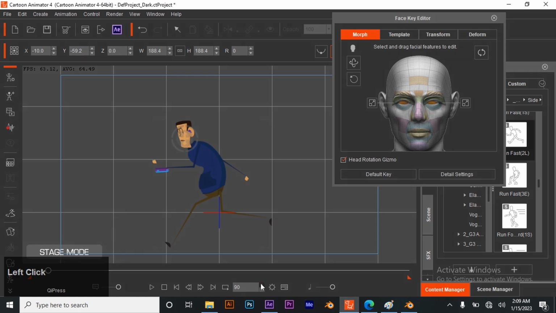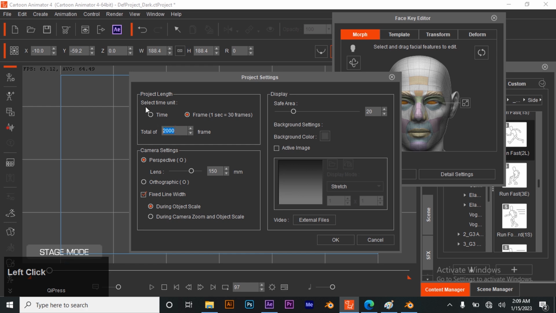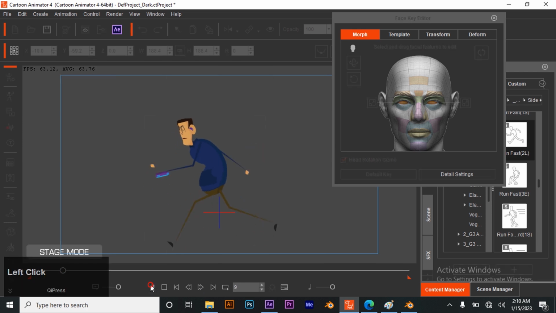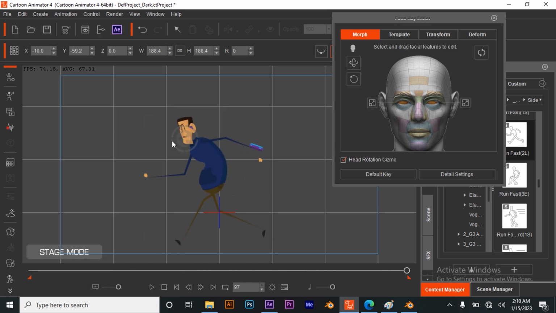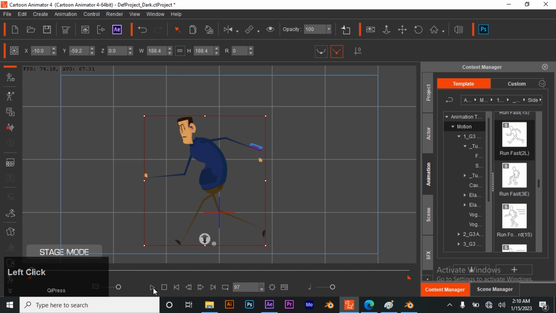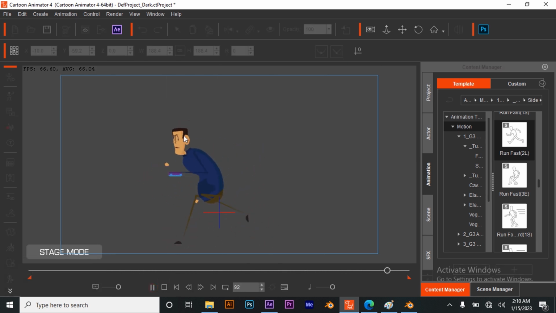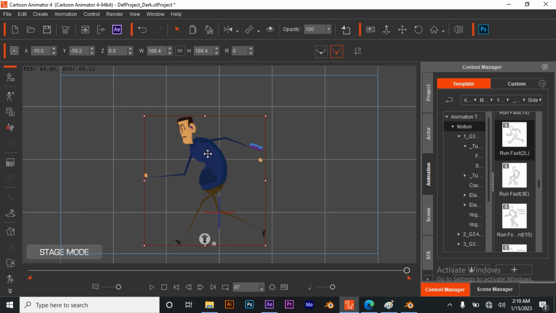So I'm just going to locate the last keyframe where this animation stops. I think it's 97. So I'm going to click on this little icon here and then change this project length to the 97th frame. You can actually use time as well, but I like using frames. So you can see here as well, 1 second equals 30 frames. So I'm just going to click on OK. So you can play this. His face is actually shaking, so we are not seeing the eyes, but it's progress actually. So let's save this,